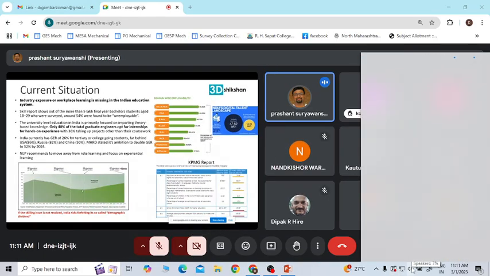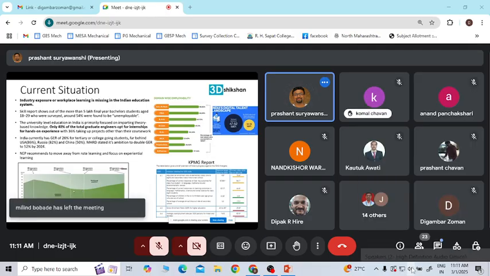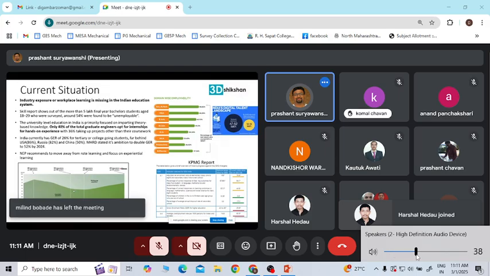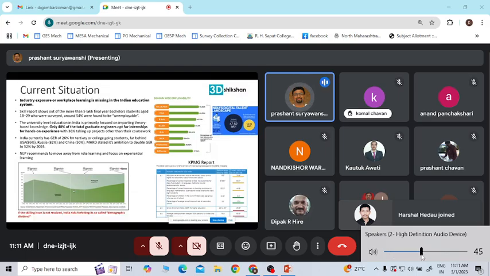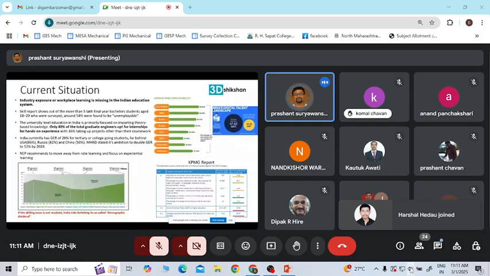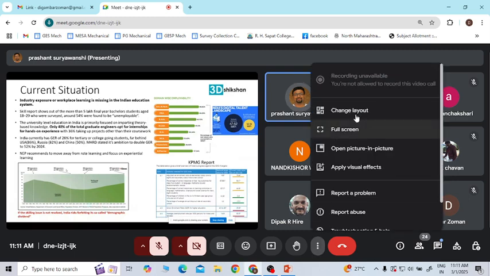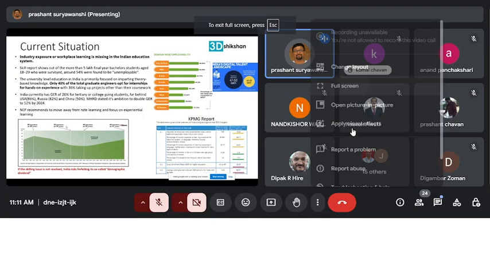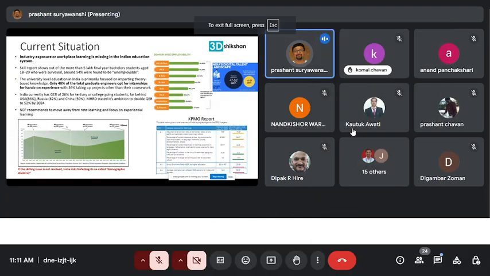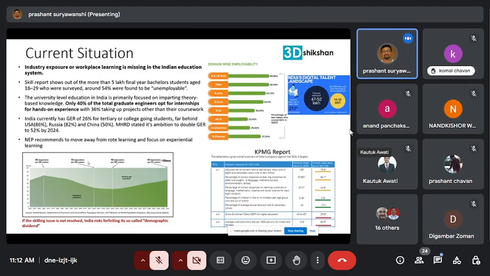Compared to other developing countries, we have the largest population of working age, but it is only fruitful when our young population gets proper skills and proper jobs. That is why it is important for all of us to strengthen this ecosystem.